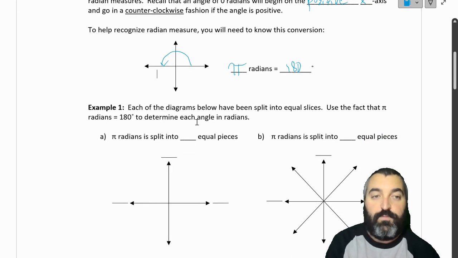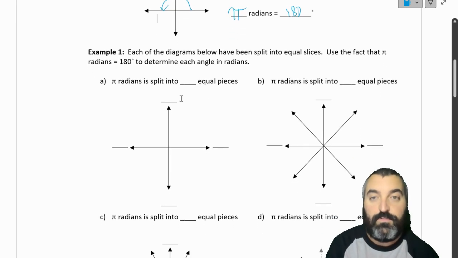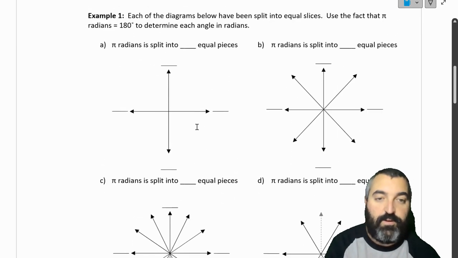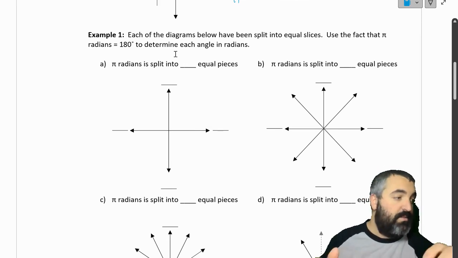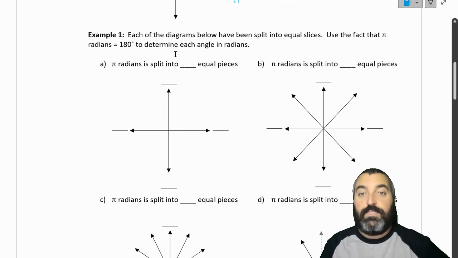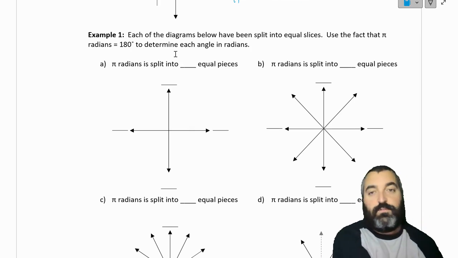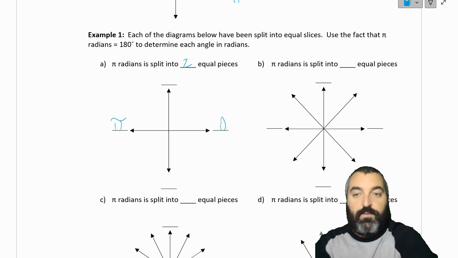Okay. So first example, we're going to talk about the kind of big angles that we will see and use in this course the whole time. So we want to make sure we're pretty consistent with these. So we have these 4 diagrams here, and we're going to split them up into equal slices. So the first one, we are going to split up pi radians into 2 equal pieces. So we're starting here. This is always pi, right? So if we split this into 2 equal pieces, that means that it's pi over 2